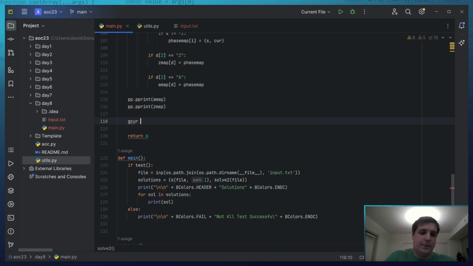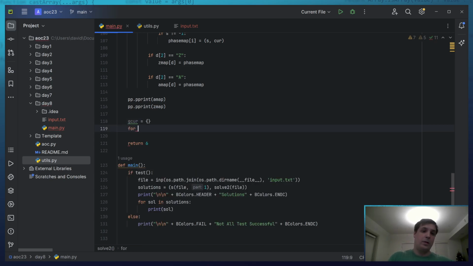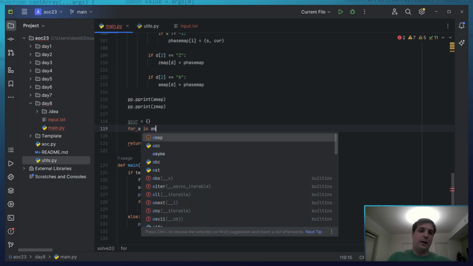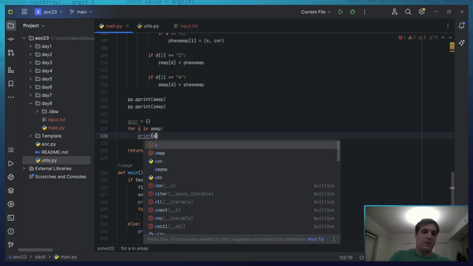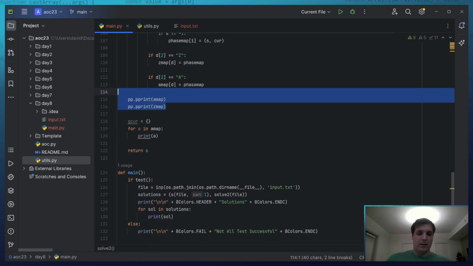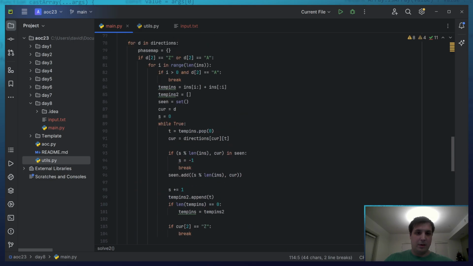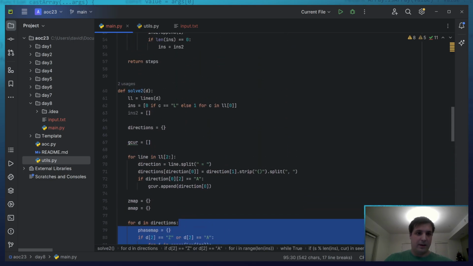Ghost currents is a dictionary. Okay, and I want to say for A in A map, print A. The annoying thing is this is all going to take a little bit longer, because I need to redo this every single time, but it's okay.